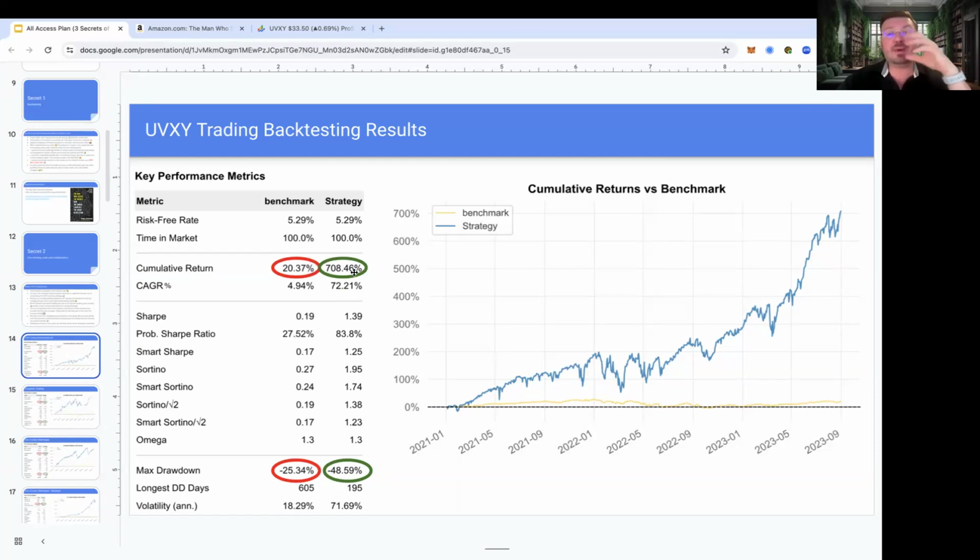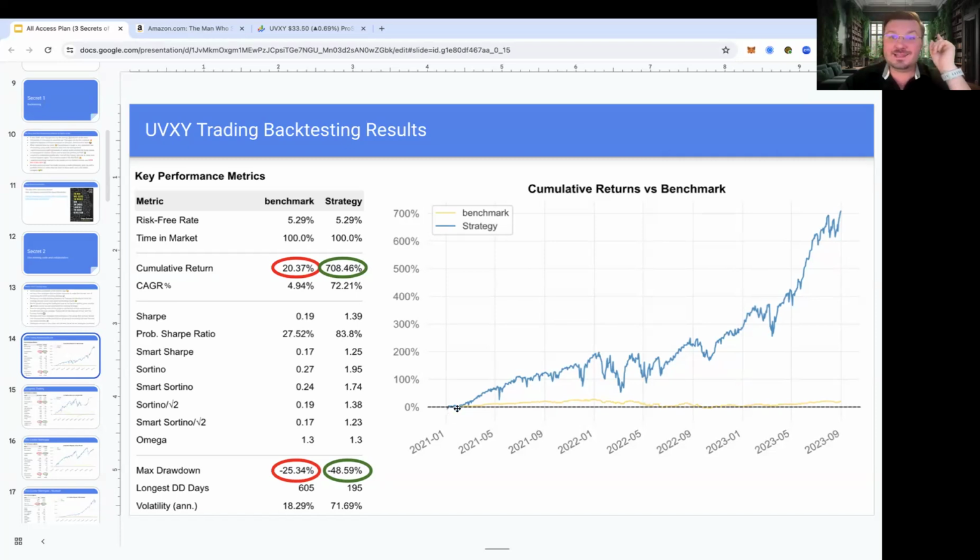Or in other words, if you do the math behind it, the compound annual return was about 72% a year for this algorithm, versus the stock market over this time period, which was only about 5%. So even during a bear market, it's kicking ass and really doing quite well at 72%. We have a bunch of other metrics here if you care to listen to them. We have here a max drawdown. As you can see, it does move around a bit more. It is a bit more risky, right? We have the S&P, which is down 25% at its worst. This one's down 48% at its worst.